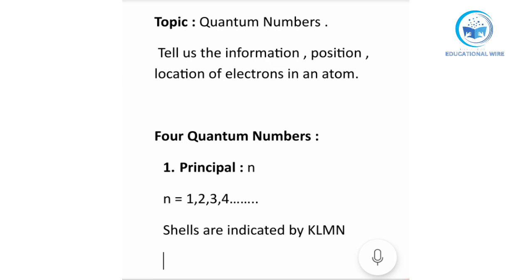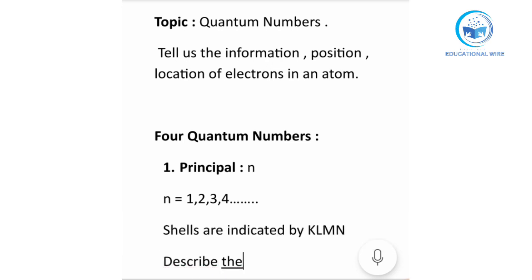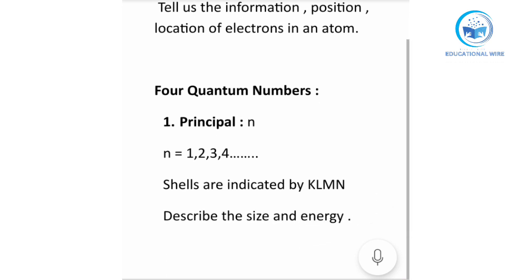The main thing is that the principal quantum number describes the size and energy. Here the smallest size is equal to 1 and the largest size is equal to 7, from 1 to 7. And the number of electrons in an orbit is determined by, I should write here,